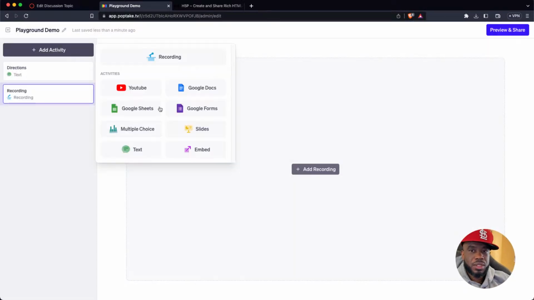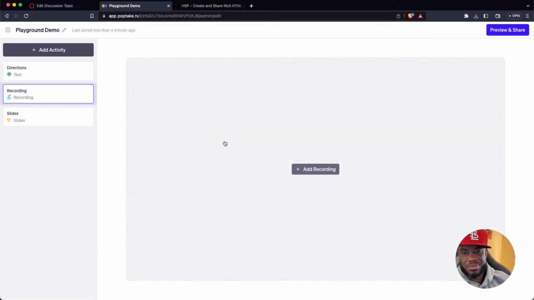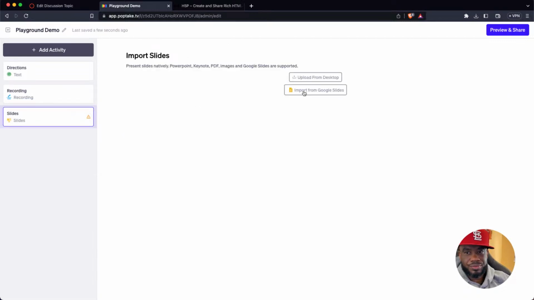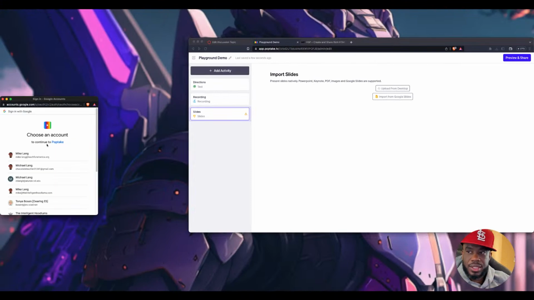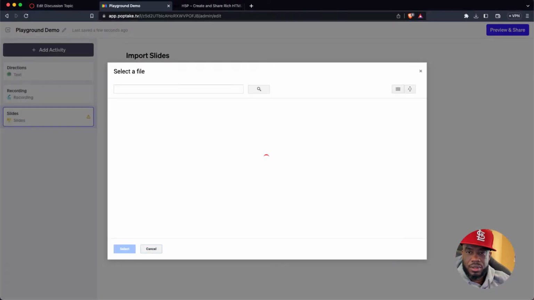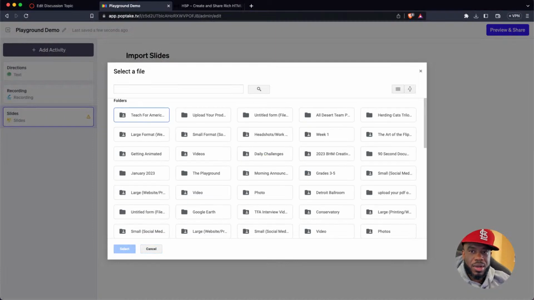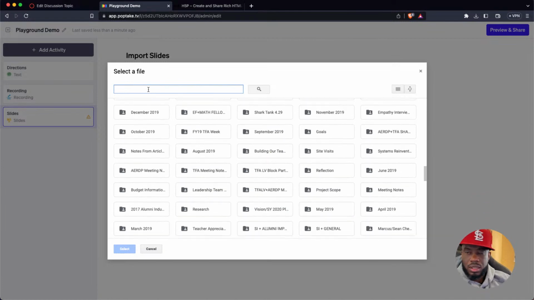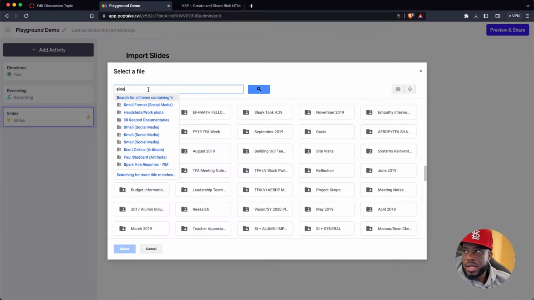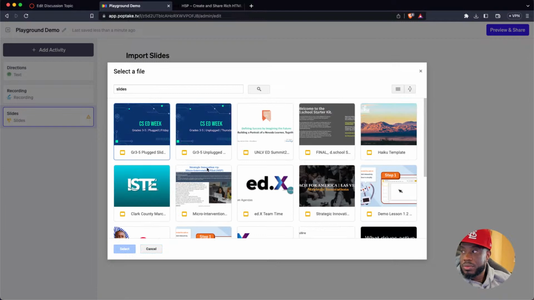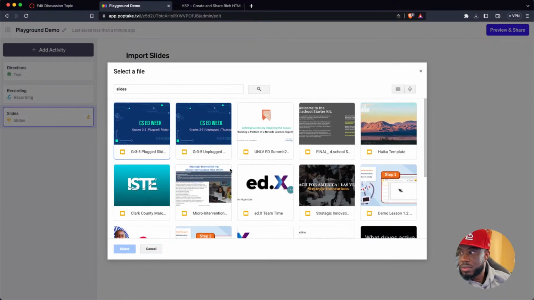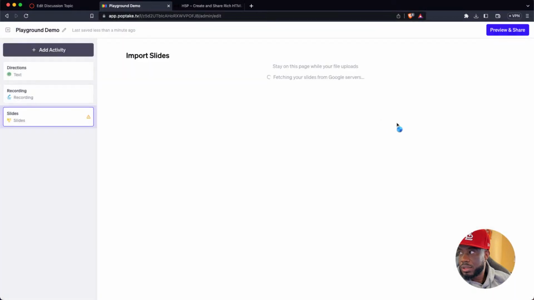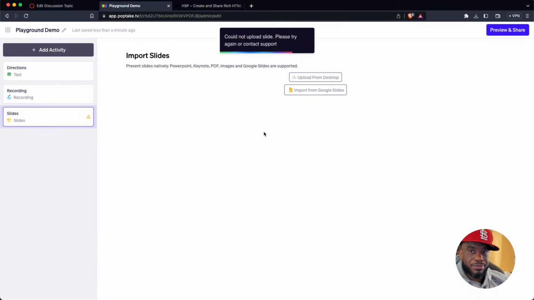All right. So say I want to just add some slides because I want to make this a very easy thing to do. With that there, cool. I've got all my Google Slides stuff here, right? Wonderful, fine, dandy. I'm going to type the word slides here. I've gone over my time, but it is what it is. So I'm going to find some slides that I dig. I'm going to click that. All right, so it's going to bring those slides in.